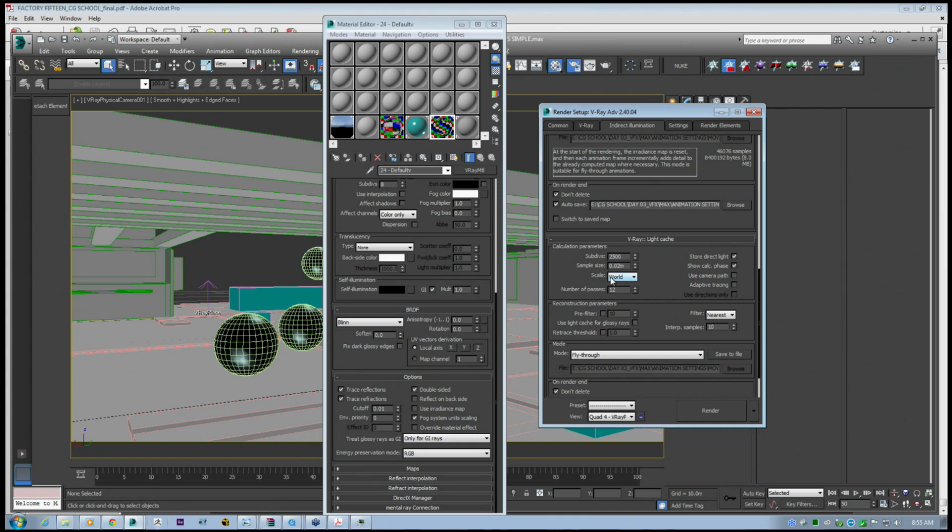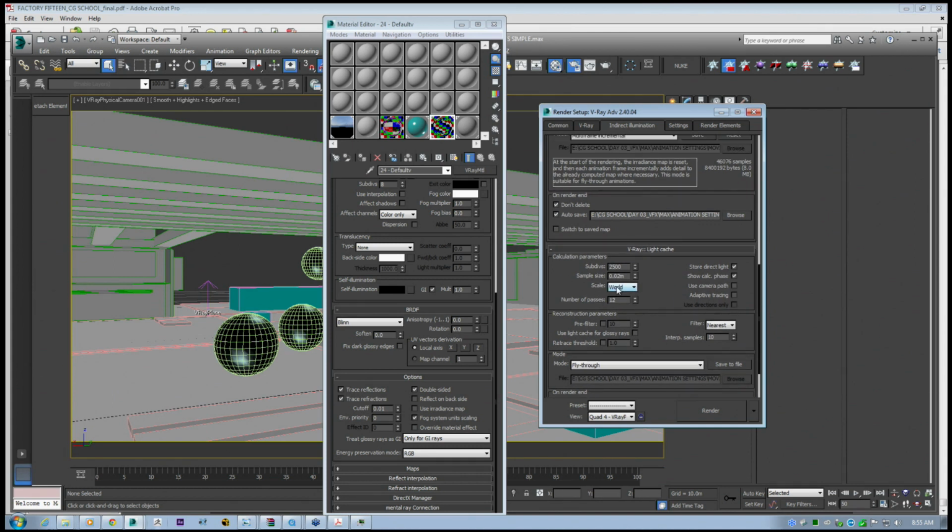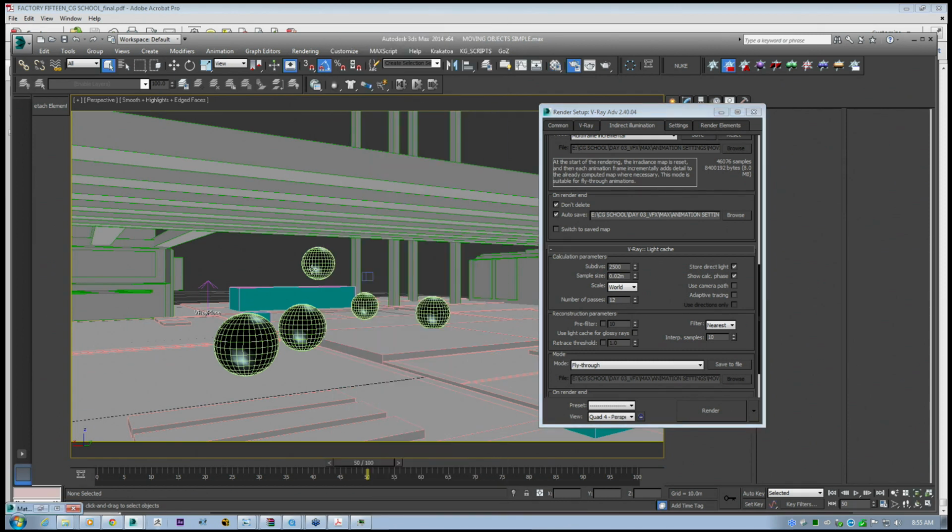Yeah, for interiors it's good to have this on world. And again, 2,500 to 3,000 is a good number for a small scale interior, where it's generating the light cache around that interior on world scale. But just watch out when you're on world scale that you don't have any objects very far away from your model, because if you think about a subdivided box,